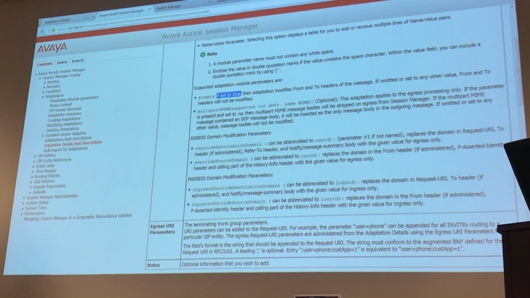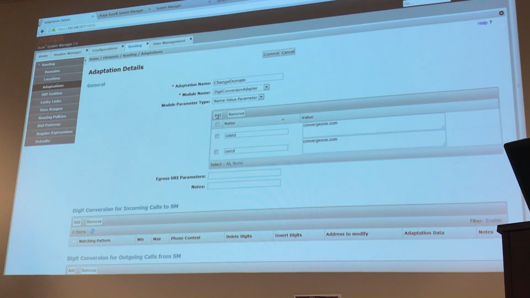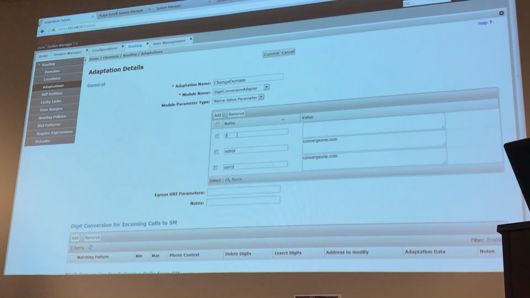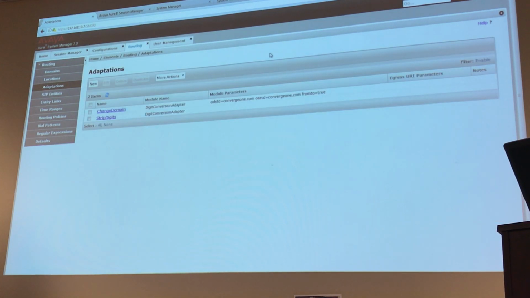So all I need to do is add an extra parameter here, from to equals true,